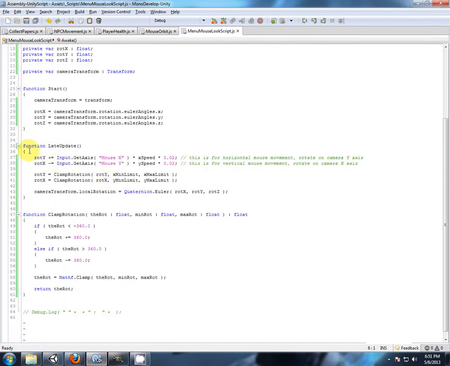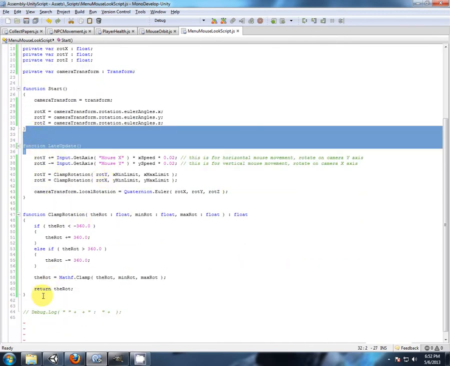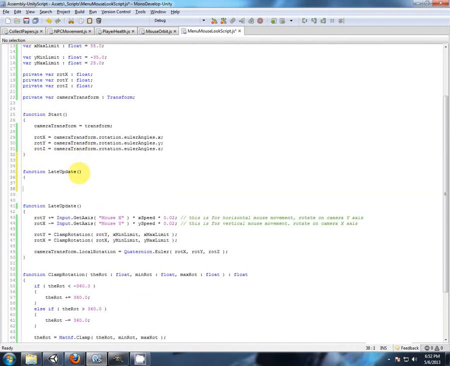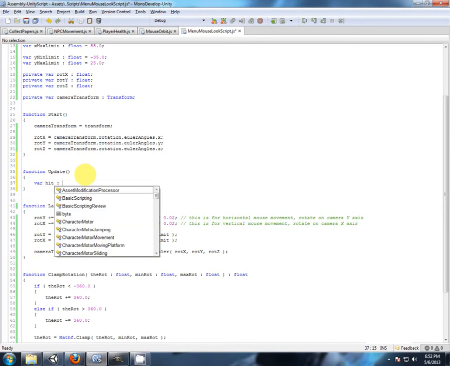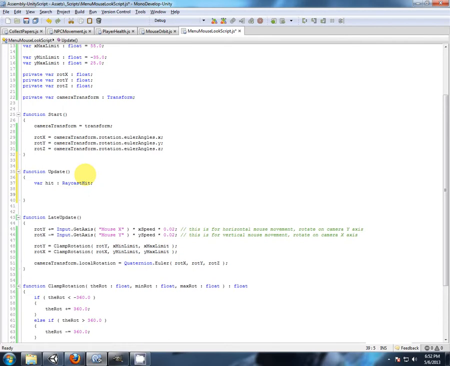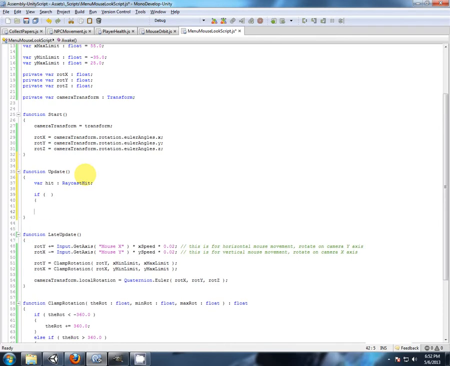Okay, so we've got a late update happening. Let's just come down here. Put in a normal update to do some raycasting. So, hit, there'll be a raycast hit. If physics raycast,